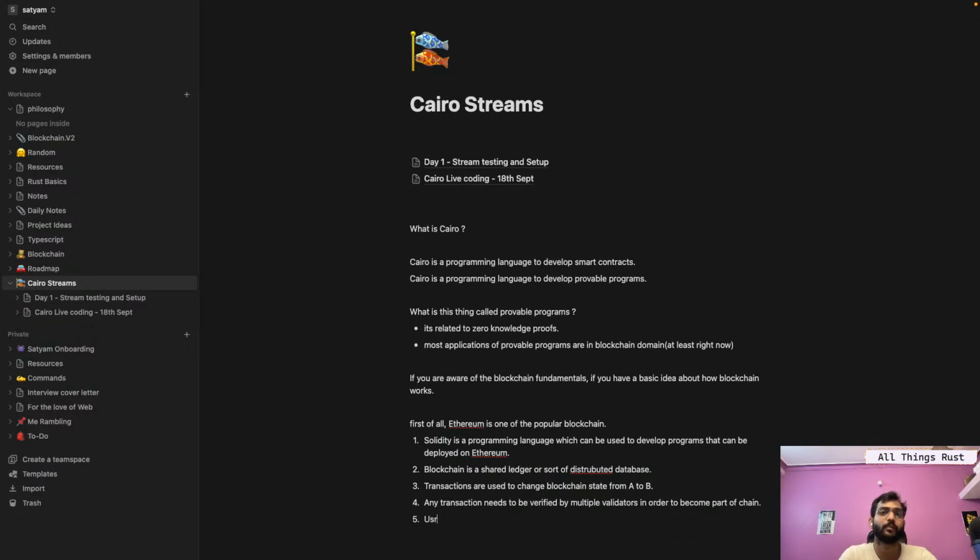Now that is where users need to pay gas fees to get their transaction to execute when submitting the transaction, right?